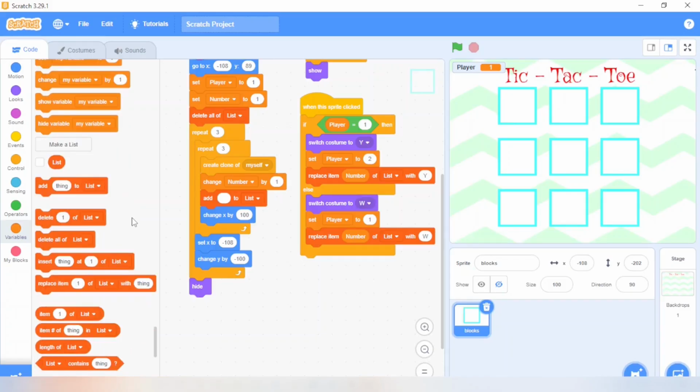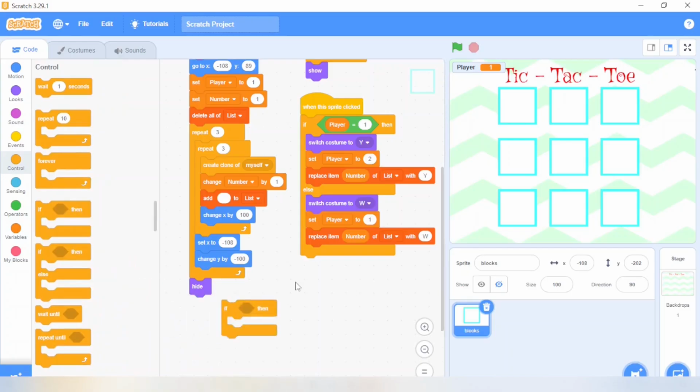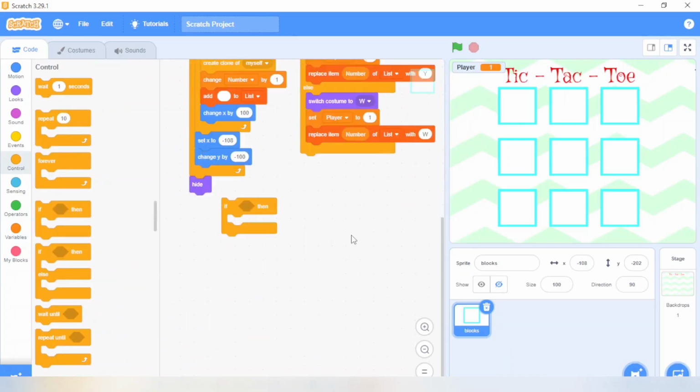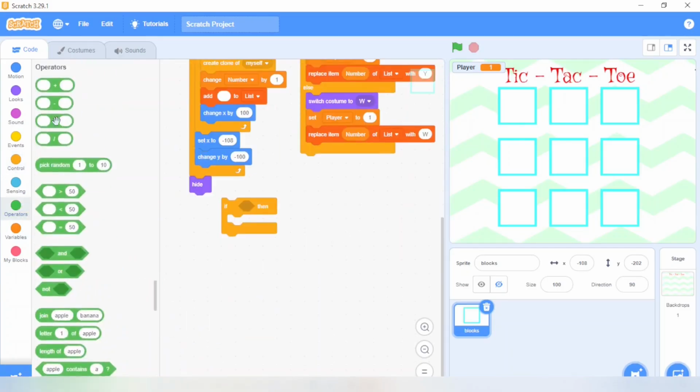I'm going to use the if condition, and here I'm going to take the equal block 3 times, 1, 2, 3, because we have to make a combination of 3 numbers, right? And I'm going to use this AND block 2 times and join them together. One block will go over here, another this side, and the next one this side.